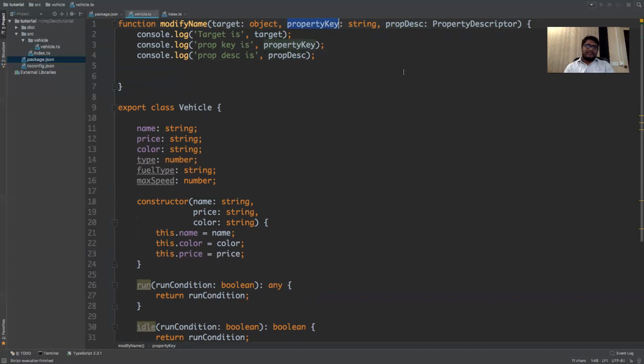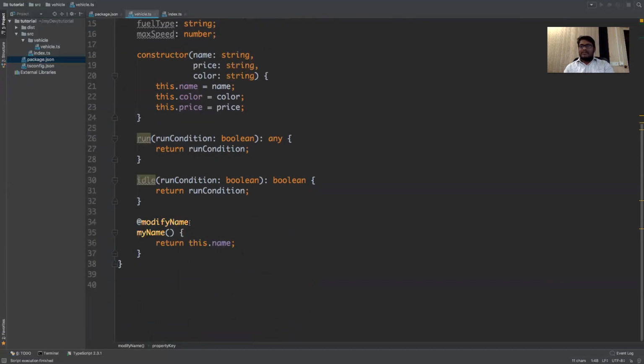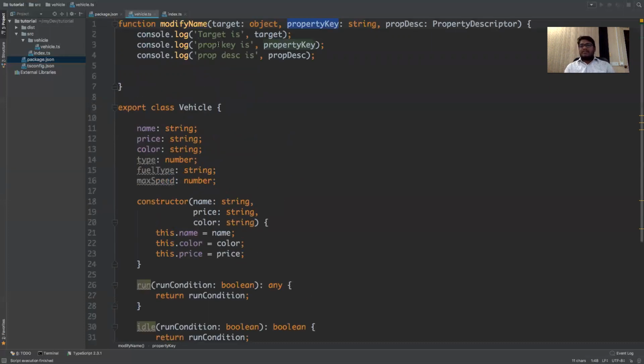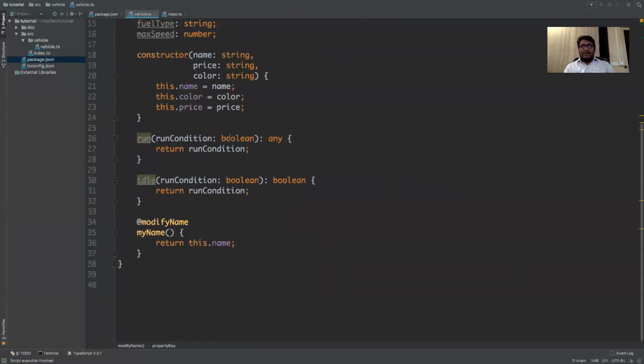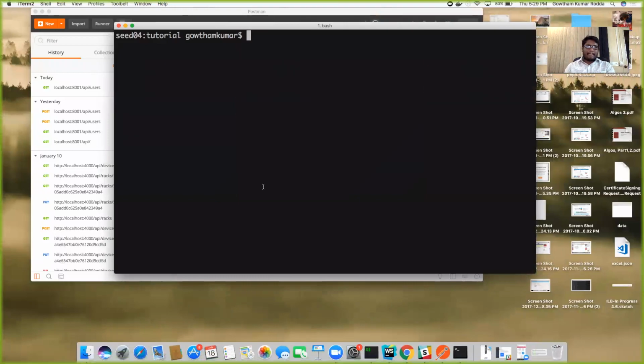Let's see. Now this is being decorated with this modify name. So this modify name will get evaluated, right? And then it returns this value, this dot name. We are not modifying anything as of now. In our function, we are just printing the properties, and the return value will be from the original my name method. Okay. npm run build,